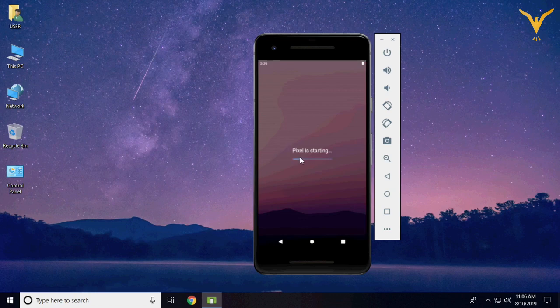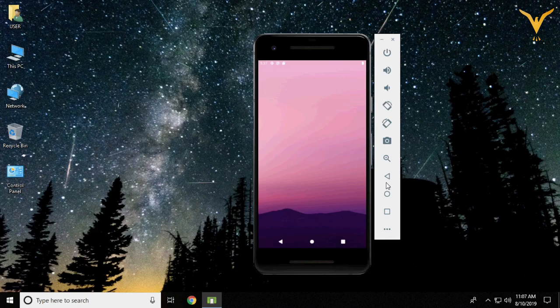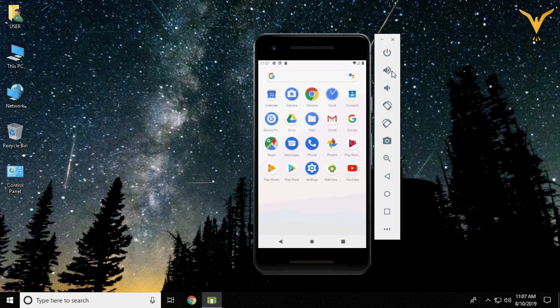Yes, Pixel is starting. Yes, we have got the complete Pixel 2 phone. So let's close this.